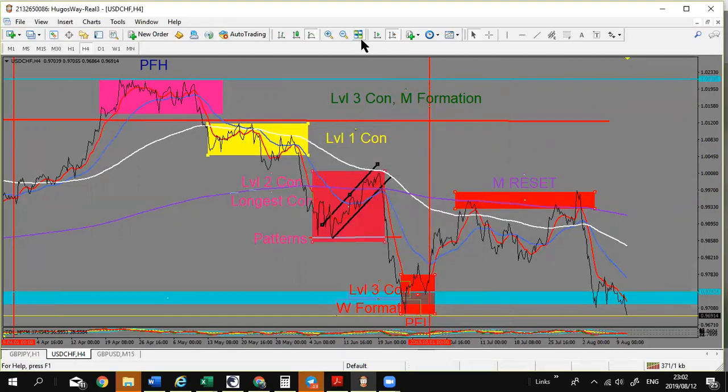Now, if this is an M reset, that could potentially mean that